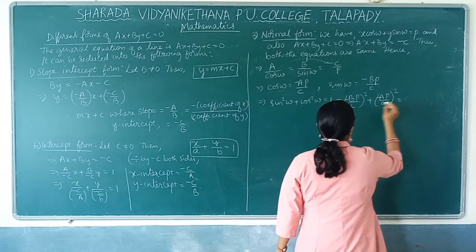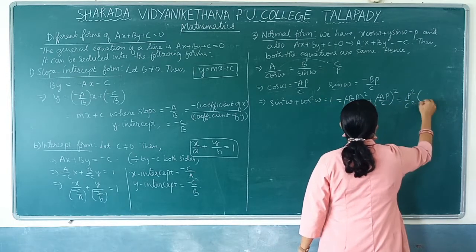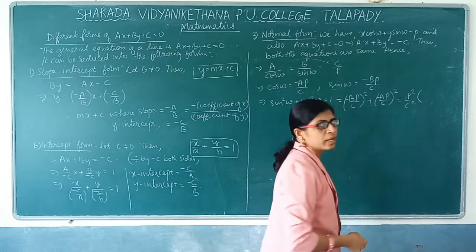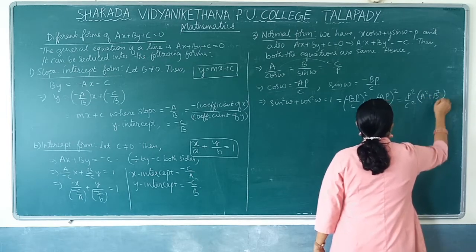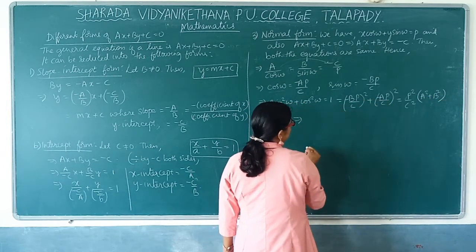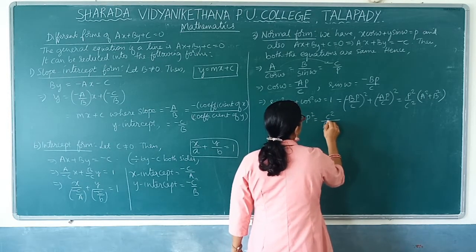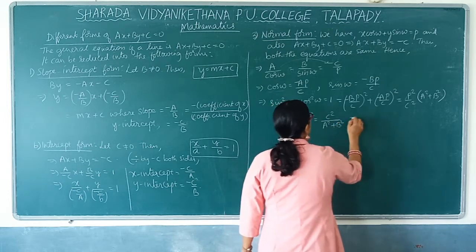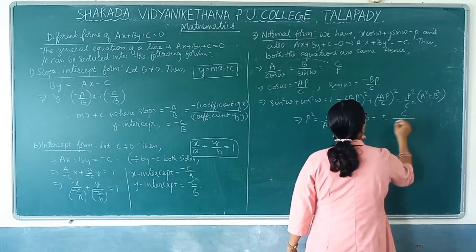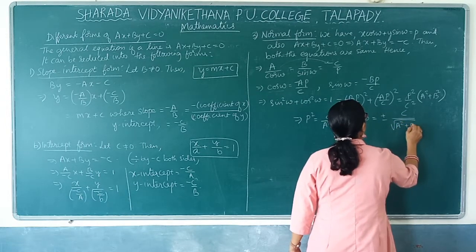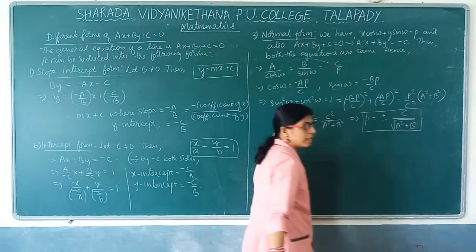So here p square by c square is common. So p square by c square, if you take a negative sign, anyway when you square it, it will become positive. So what is left here? a square plus b square. So now this is equal to 1. I want p square. What is p square? c square by a square plus b square. Or else I want only p, I don't want p square. So p is nothing but plus or minus c by root of a square plus b square. So this is the value of p, the perpendicular distance from the origin to the line.